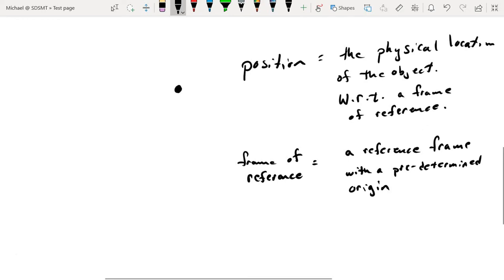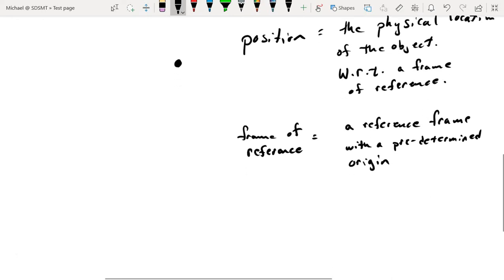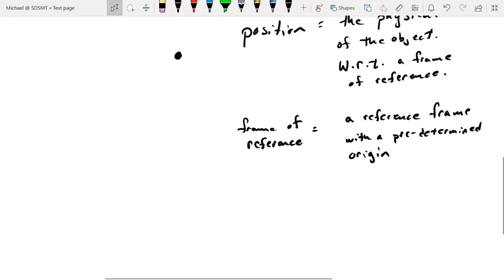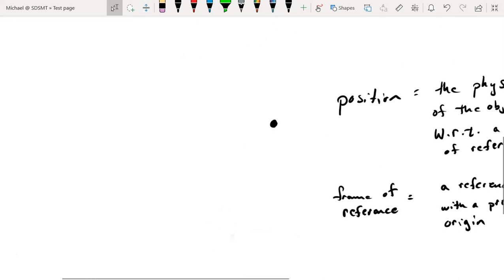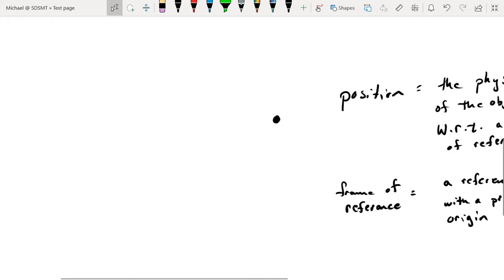It's usually not good to use such circular definitions. Here I have frame of reference and I say that it's a reference frame. Well, it makes more sense when we actually draw this out. So if I were to draw a reference frame somewhere on the screen, all I need is some point or location where I want to begin measuring things from. So maybe I choose this point right here. And I'm going to let that be the origin of my reference frame.